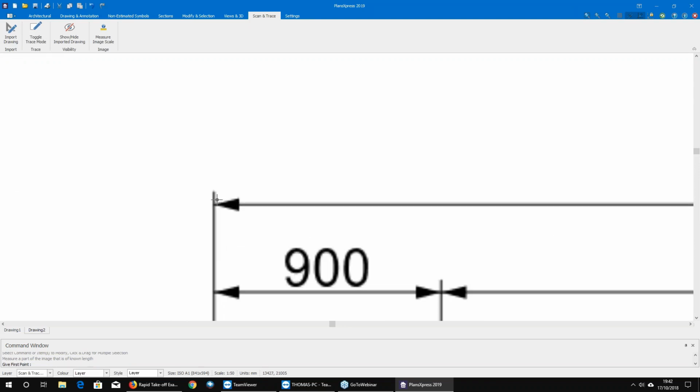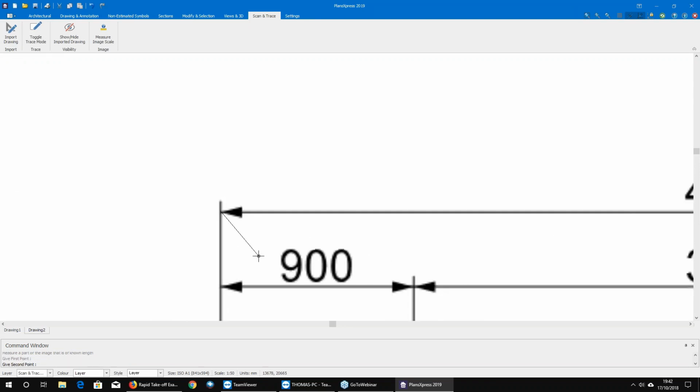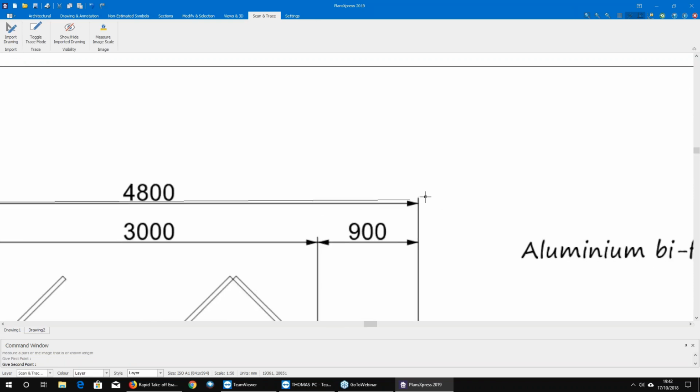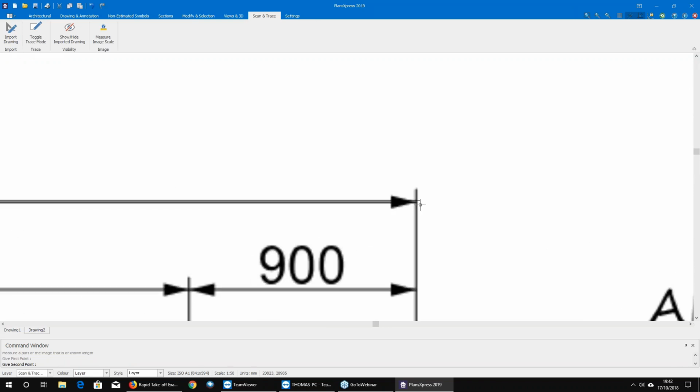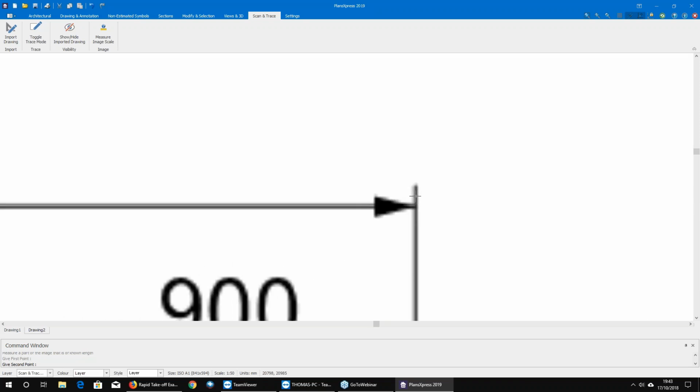First thing I'm going to do, once I've got it activated, is click on the first line, bring myself across, and then I'm going to hold shift, because it's doing 2 points. It's not going to be automatically trying to level them out on the vertical or horizontal. So I'm going to make sure that this measurement is on the perfect horizontal, to the nearest 90 degrees, by holding shift. Once I've done that, I make sure my placement is nice and accurate. Using a really high DPI gaming mouse for that isn't the best idea. And then